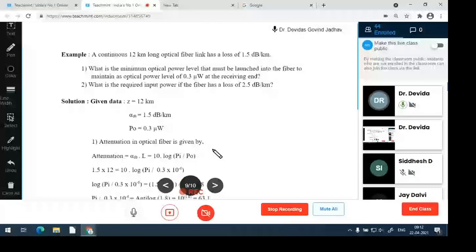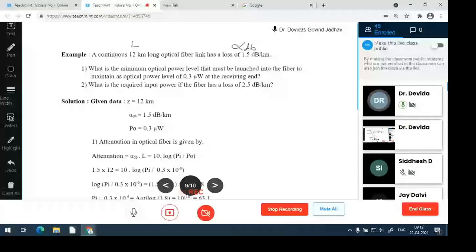Given L is 12 kilometer and alpha dB is 1.5 dB per kilometer. Okay. So the first point is, what is the minimum optical power level that must be launched into the fiber